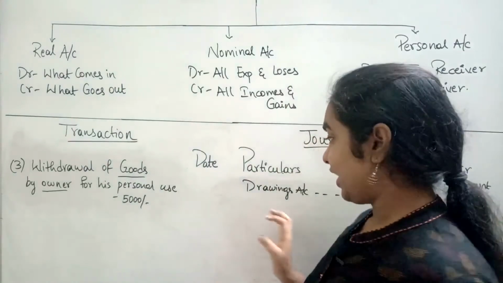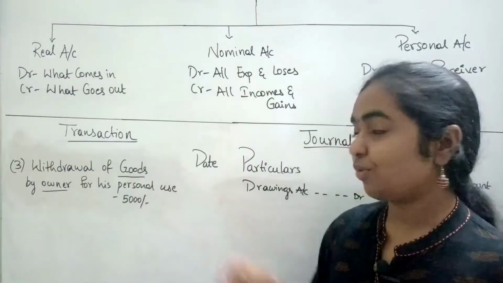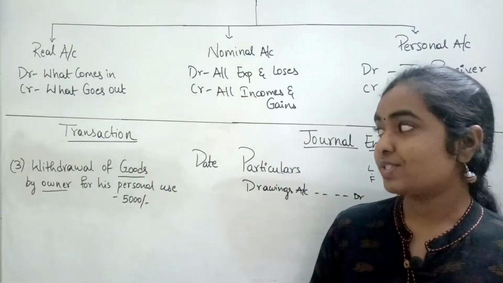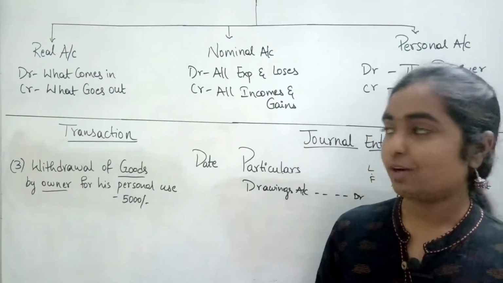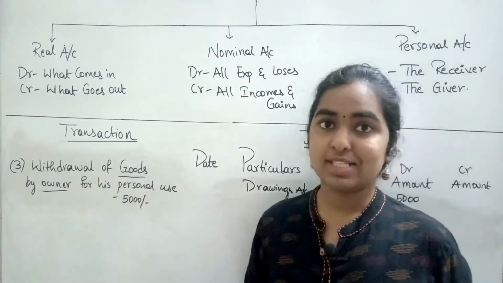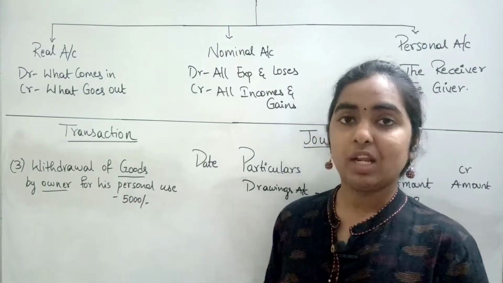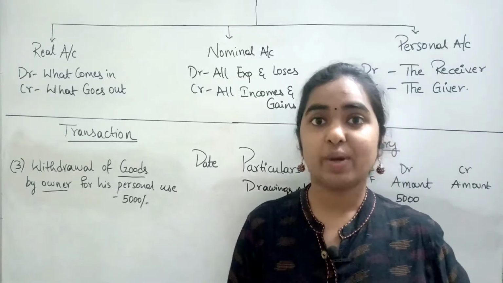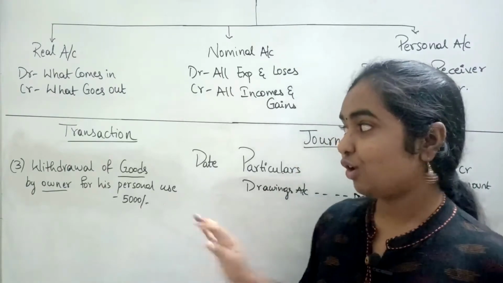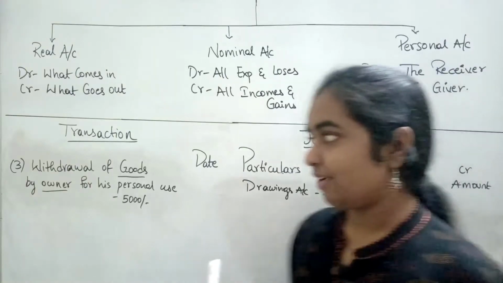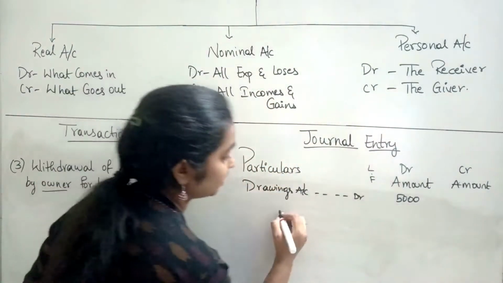And we need to create the goods account, but instead of goods, what term do we have to use? We should use either purchases or sales, but here we should use only purchases, because we cannot consider this transaction as a sale. What happens if we consider this as a sale is, we are showing something as a sale which is not actually a sale, right? We should not show it like that. So that's the reason why we need to mention it as purchases.